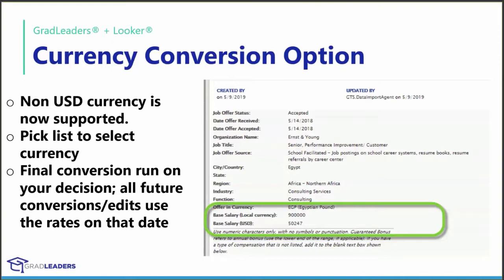So if you're, for example, a full-time MBA reporting year ends September 30th and you're producing your report, you can convert on any date you want, but it has to be the same date for the entire class. Reason being, if Ryan had gotten a job offer from the same company in Europe that I did, he got